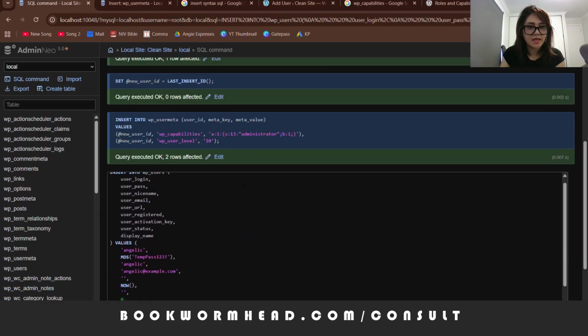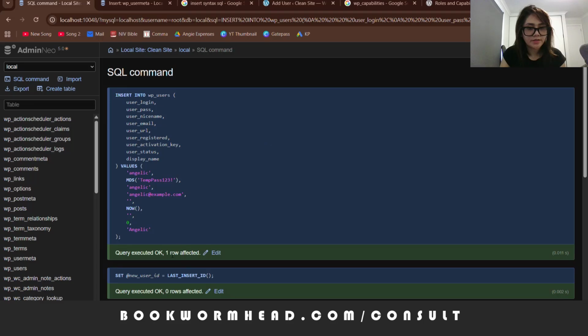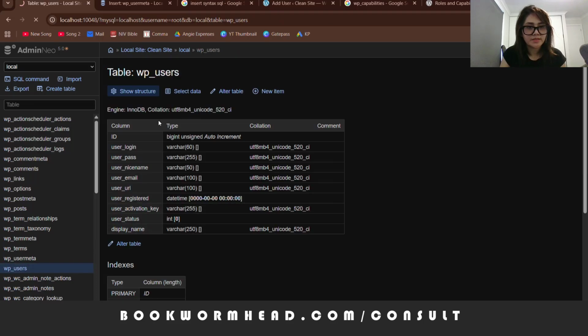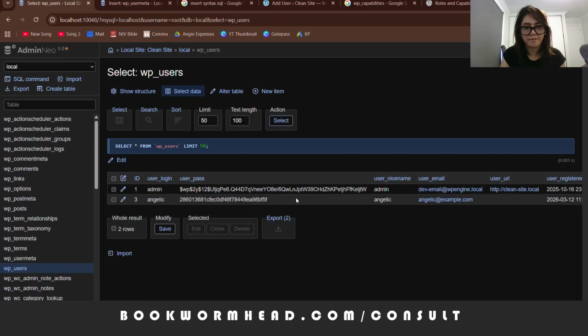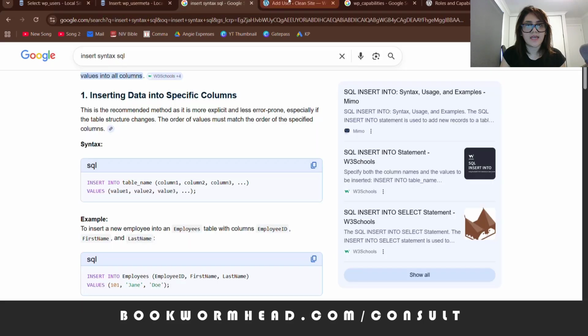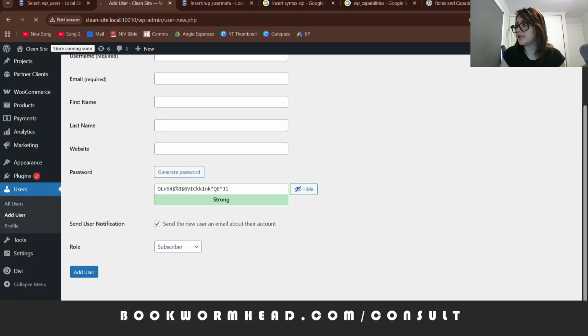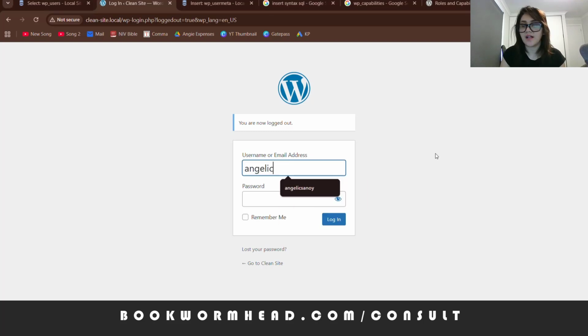Okay, and once it's executed, it says here that one row is added, and then if I go into the user, go into the select, there are already two, my user is already added. Now if I log out, and then log in again using that value, I should be able to log in to the WordPress